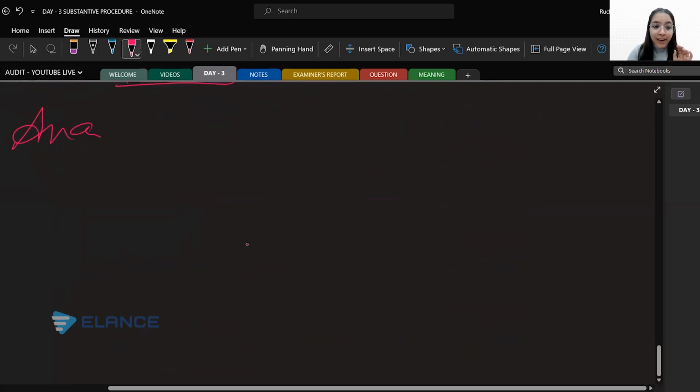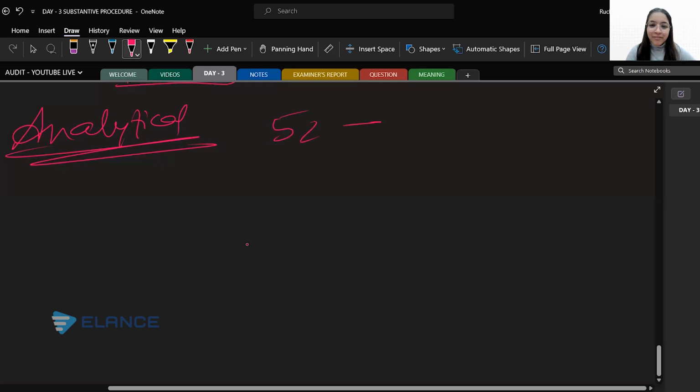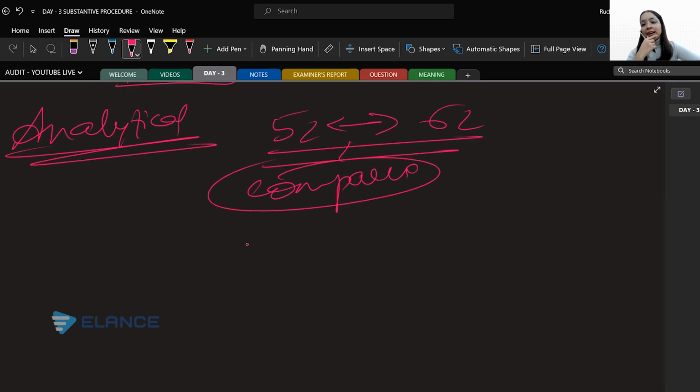Now, when it comes to analytical procedure, it is like a chill pill. Ma'am, what is a chill pill? It is like, purchases were 5 lakh, then 6 lakh. Ma'am, will I only compare? I'll calculate the percentage by which it has increased or decreased, and compare it to last year. Analytical is basically comparison. But